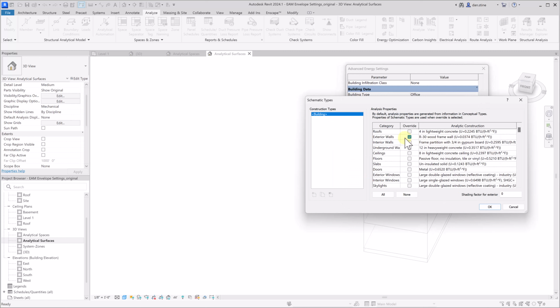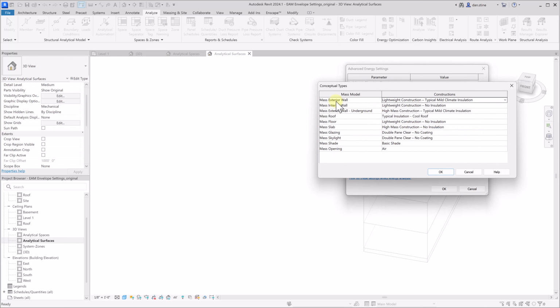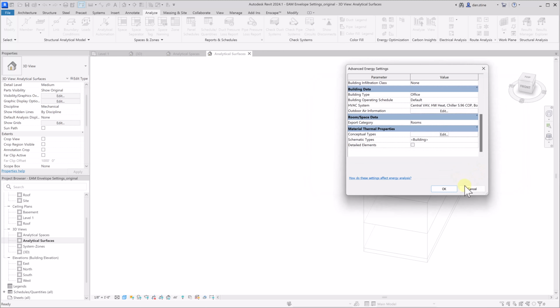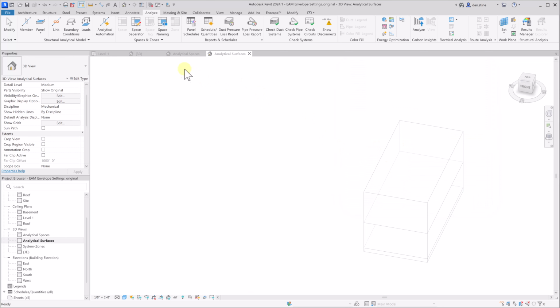So again, the exterior walls are being overridden with this R30 option, and for the conceptual types for exterior walls, this option is being ignored, but the roof option is still being used. Now there's a third option here using detailed elements. If I check that, now what's going to happen